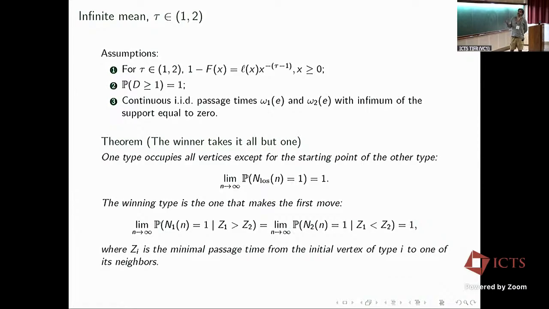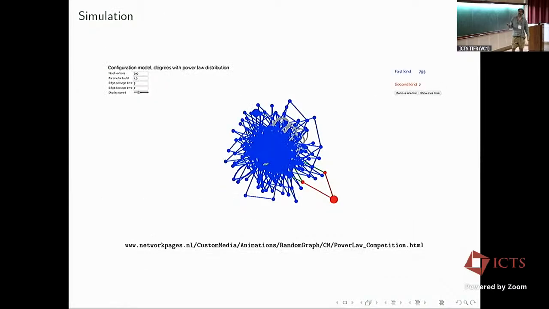And for general passage time distribution, we have that basically the loser doesn't even move from the starting point. The winner takes all the graph. It's the winner takes it all phenomenon, but even stronger. We call it the winner takes it all but one. The loser doesn't move at all. And who wins? Again, any of the two could win, depending on who makes the first move, basically. So it's even stronger. And again, I have a simulation showing this phenomenon,